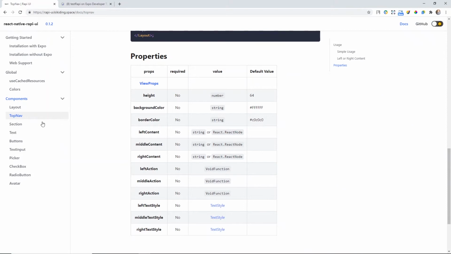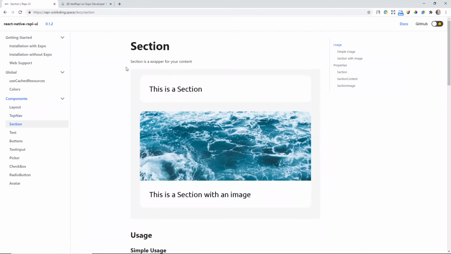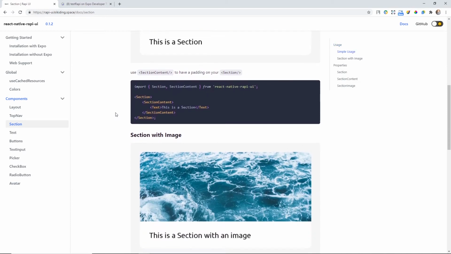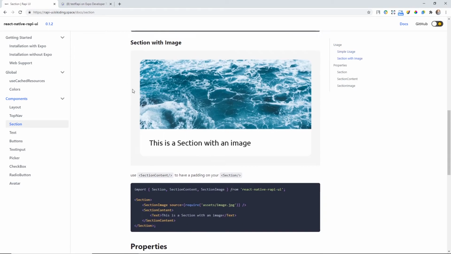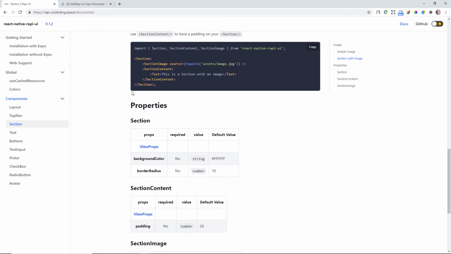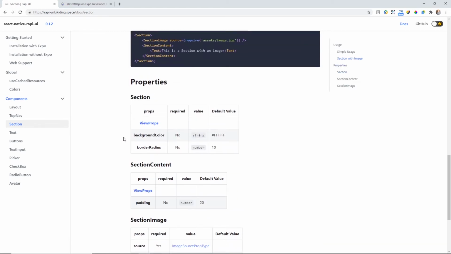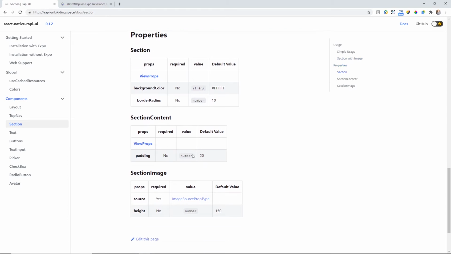This section component is like a card. It can be used to wrap your content to differentiate it from your background. It has some default values like border radius and the background. You can customize it too.